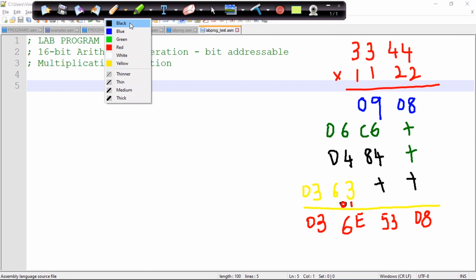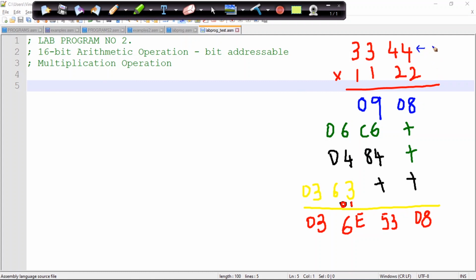Let me consider these operations. Let me take the registers over here, like how I am going to assign these registers. This particular thing I'll be assigning to R2.